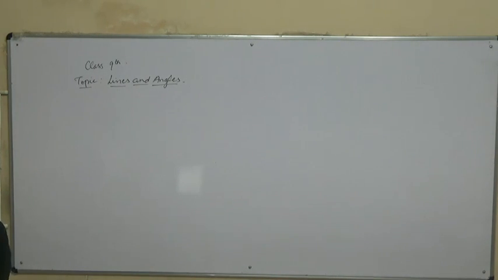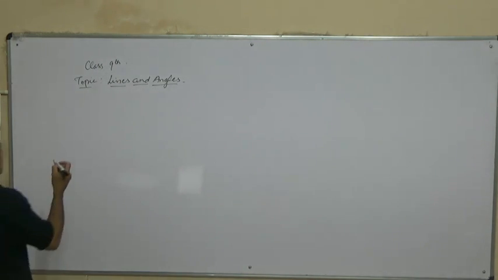So in this topic we will be dealing with the lines and angles. Whenever an angle is formed, when two lines intersect, we will study the properties of angles when two lines intersect, or when a transversal cuts two parallel lines. So there are two different cases when the angles are formed, and we will use this, but before that we will learn some basic terms and definitions.